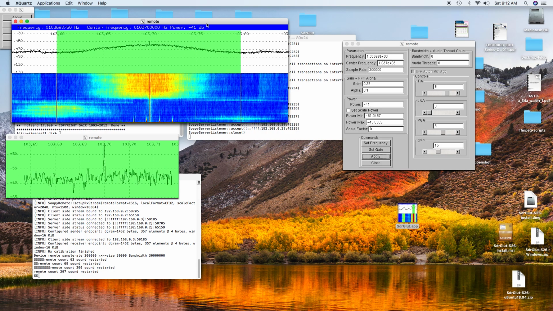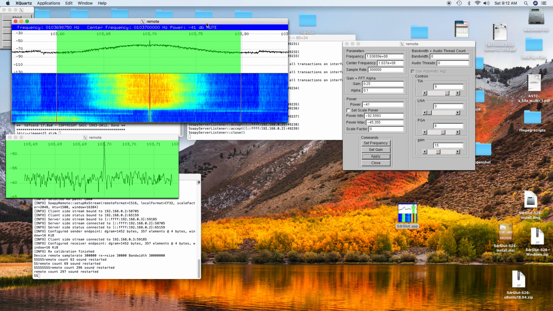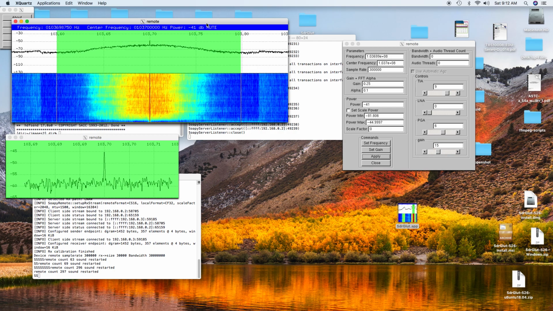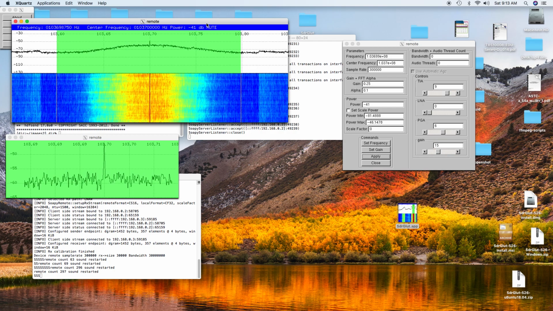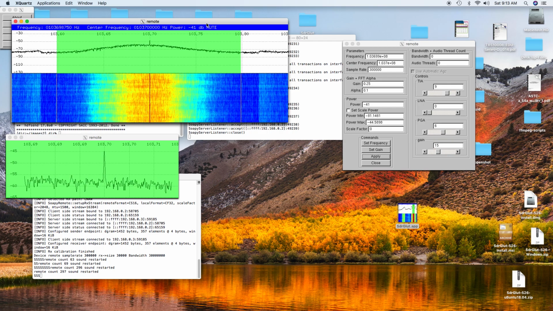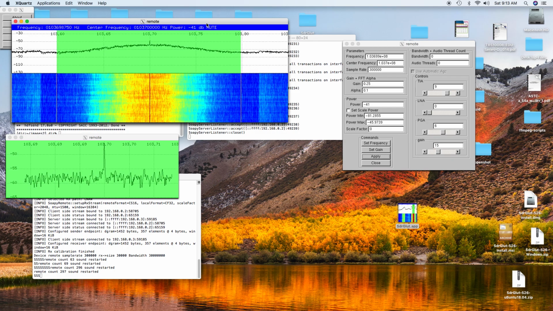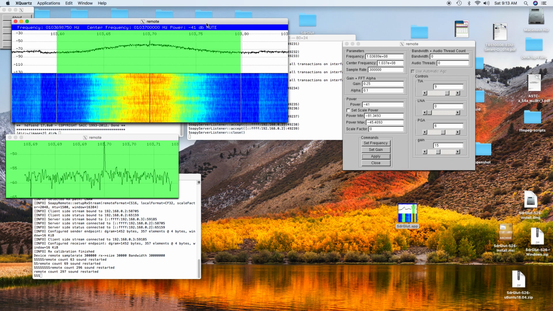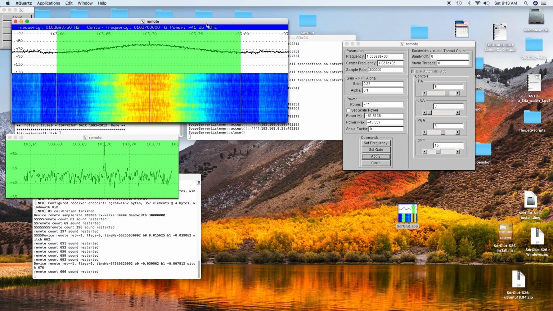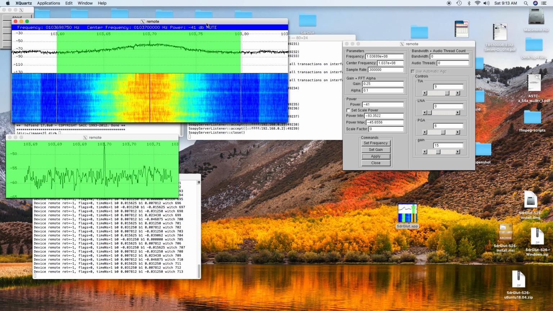So what we have here is the SDR in the other room, and I'm pulling the signal across the internet. With the particular network speed I have, which is almost 6 megabytes a second, I can handle 300 kilosamples a second. And so that's an example of using SdrGlut to